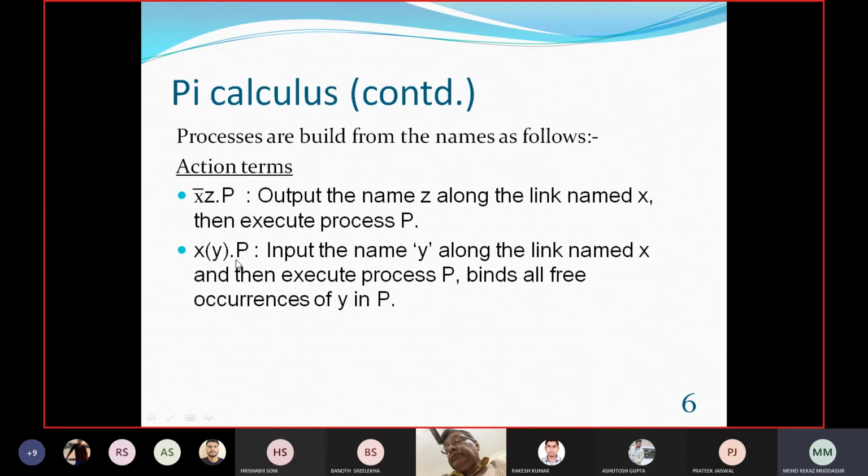And in the next action term, again we have taken some other process. They are not the same process. I have written it p, let's say p1 or p2. So the other process p2, and again x is the channel, and there are the y variables. Let's say we have a big program named p2 or p, and there are various places where y is mentioned. So at all those places of y, this z gets bound to all the free occurrences of y in p. So wherever there is y, at all those places z will come.